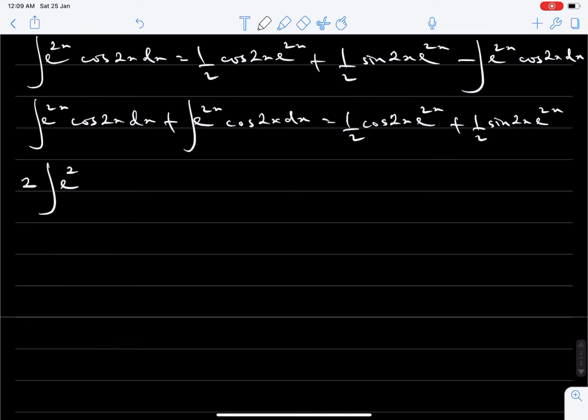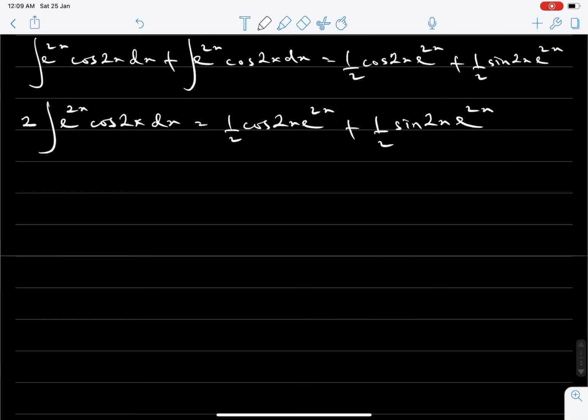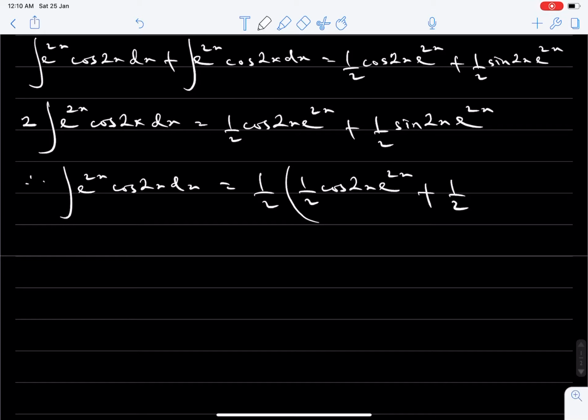And that means 2 times the integral of e raised to power 2x cos 2x dx equals 1 over 2 cos 2x e raised to power 2x plus 1 over 2 sine 2x e raised to power 2x, and therefore the integral of e raised to power 2x cos 2x dx is equal to the whole of this right hand side divided by 2, and that's times 1 over 2, which is 1 over 2 times 1 over 2 cos 2x e raised to power 2x plus 1 over 2 sine 2x e raised to power 2x,